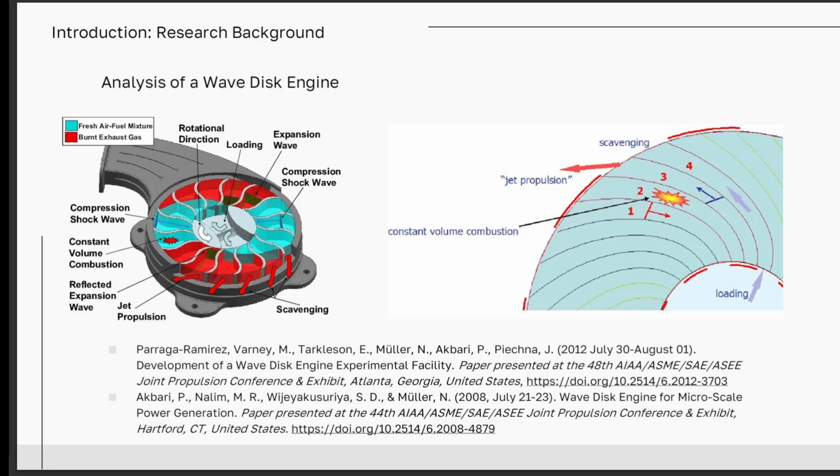The figures shown on the screen are a diagram of the wave disk engine and its fluid dynamics. The rotor, composed of curved channels, is shown in the figure on the left. The combustion air intake is conducted through the disk hole in the middle of the disk rotor. The fuel is sprayed inside the channel where the intake gas exists. As the spark ignites the channel, the fuel burns, increasing the gas temperature and pressure. After combustion, the high temperature and high pressure gas is exhausted through the ports on the circumference of the engine.